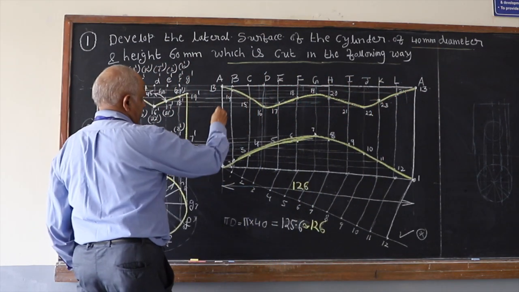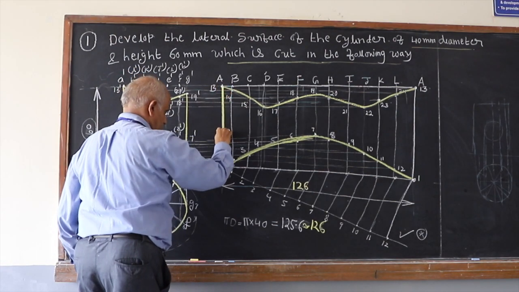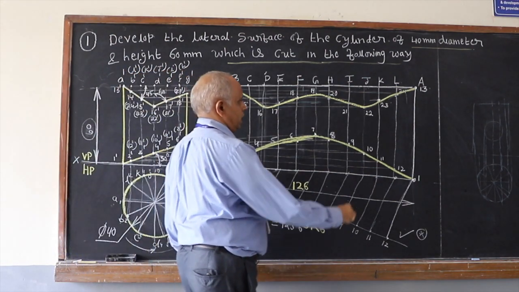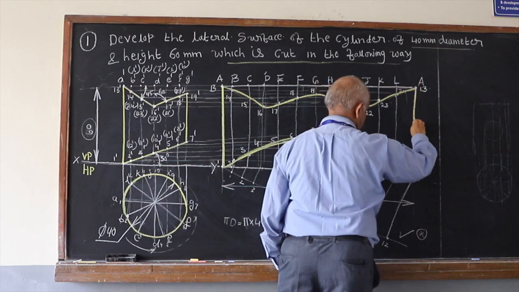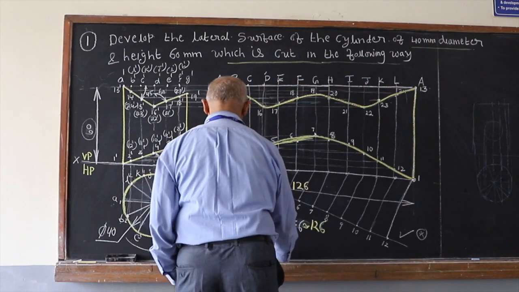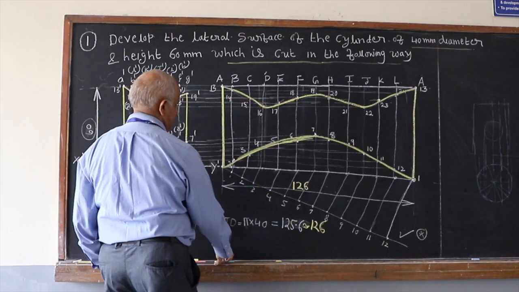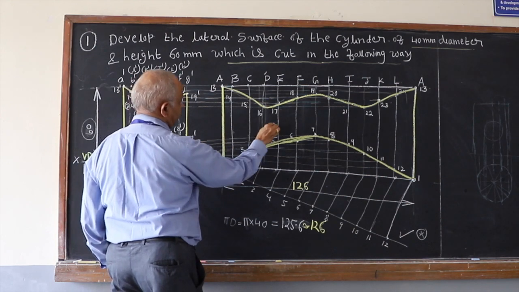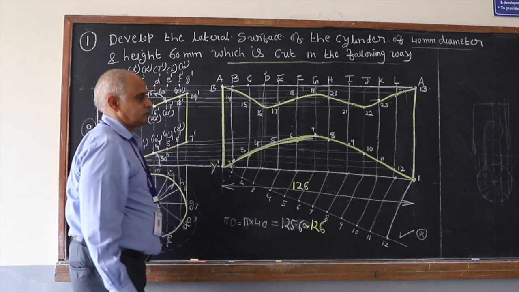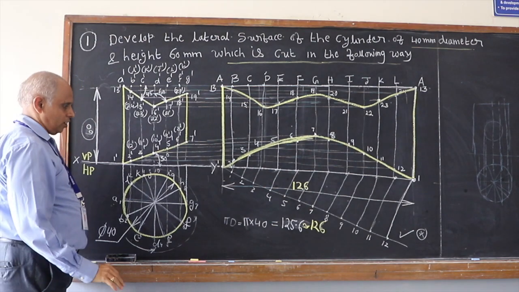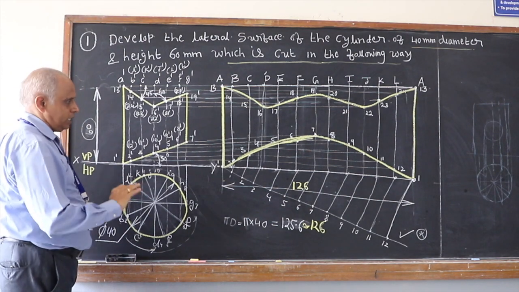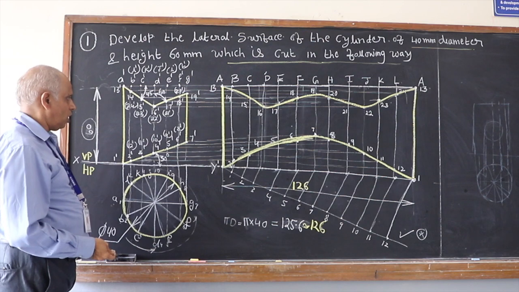And now the boundary is always visible. So this should be a thick continuous line and this should be a thick continuous line. Remember, these are all just construction lines. Don't think of the generators being continuous thick. They are not folding edges. It has got a slope continuity when you fold it also.